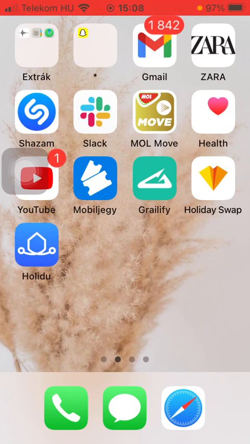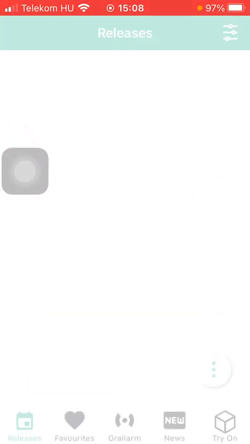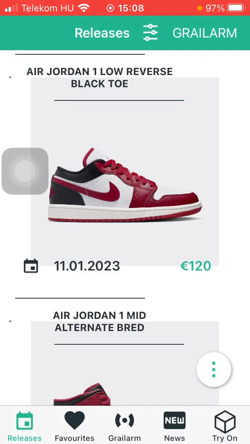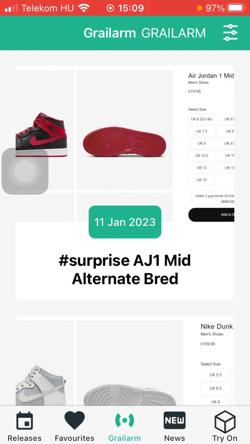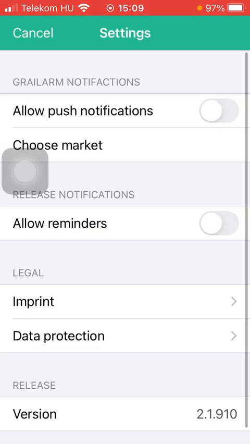So let's jump into it. First of all, open the application on your phone. After that you should tap on the Grail alarm button and click on this icon in the upper right corner